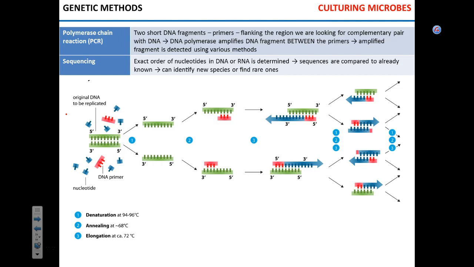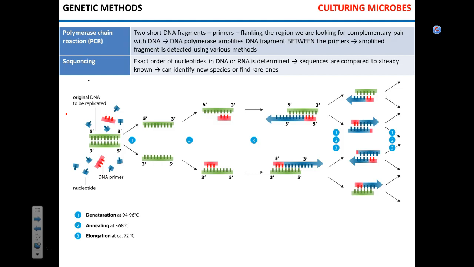We can say the same about different bacteria. We can say that E. coli has its own unique DNA sequences that distinguish it from, I don't know, Yersinia pestis, from Enterobacter genus, from Salmonella typhi, and so on and so forth. Am I clear? So they all have these unique fragments. And the goal of PCR is to detect these unique fragments.